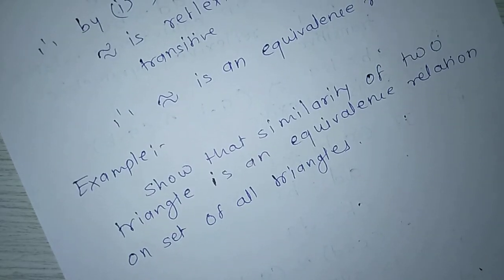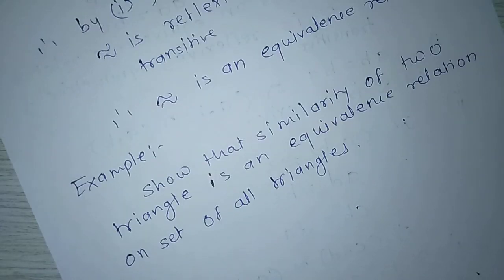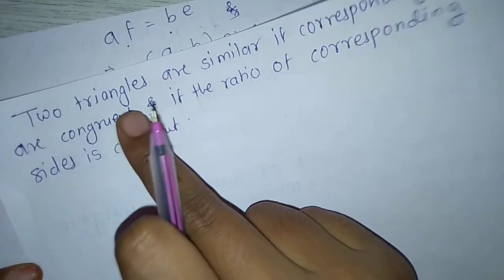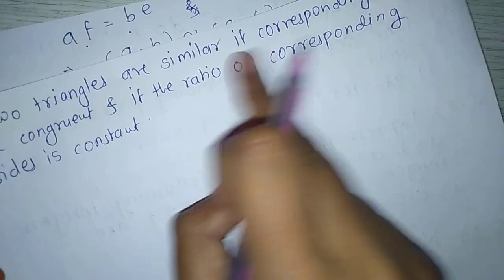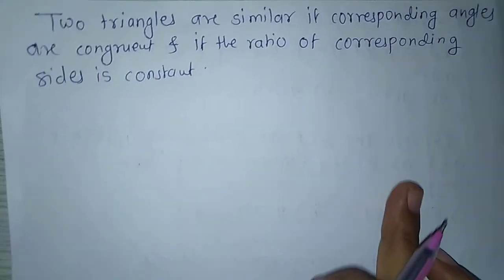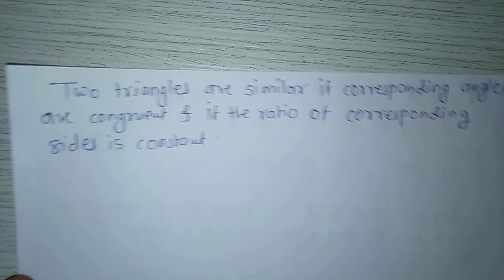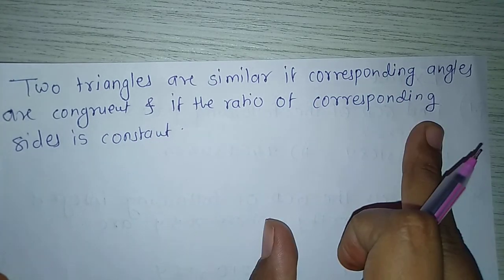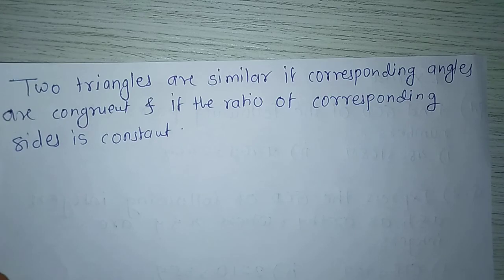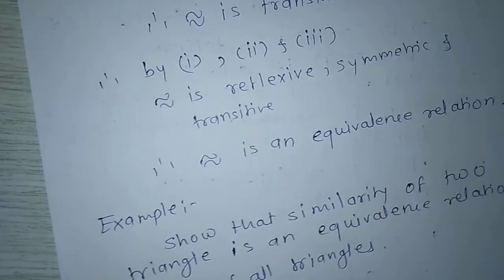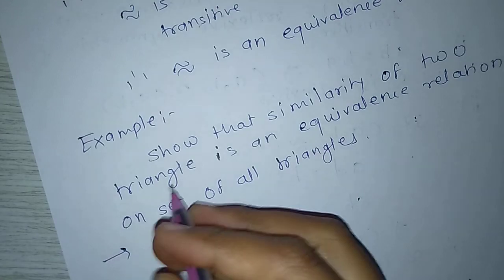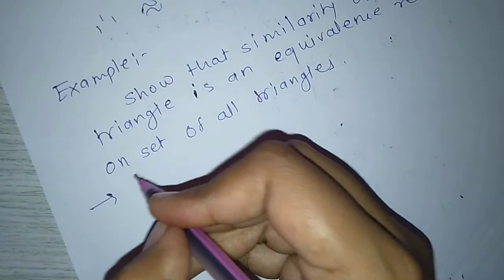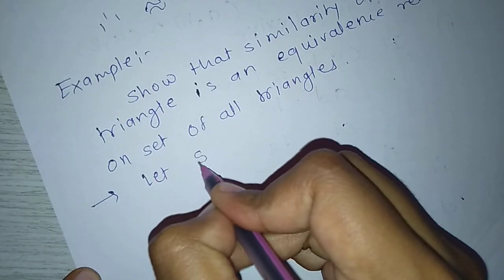First, what is similarity of triangles? We know the definition of similar triangles. Two triangles are similar if corresponding angles are congruent and if the ratio of corresponding sides is constant. The answer of this example is: let S be